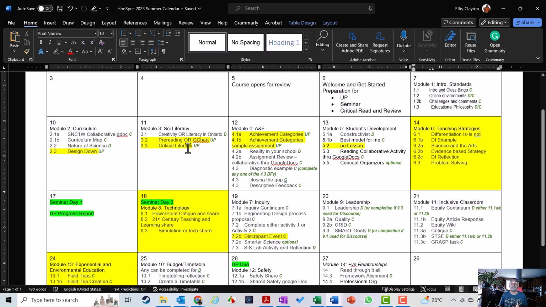You'll notice with the timelines, the pacing of this course, the ministry dictates that we must spend 125 hours for a week to give you accreditation. So you can kind of do the math. OISE runs a compressed course, so you are going to be really engaged in the learning for the next 3 weeks in order to meet that number, as well as to get through all the material. I'm not counting your numbers. I'm not looking to see how long you've been logged in. I'm just looking at the products: the discussion forum, the seminar presentation, and the unit plan when you submit it. That's what I'll be assessing.